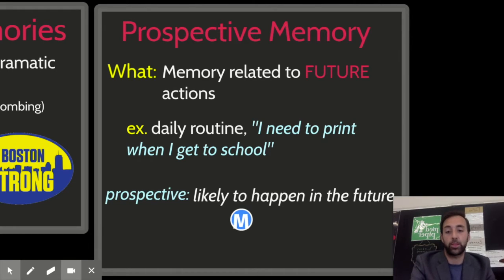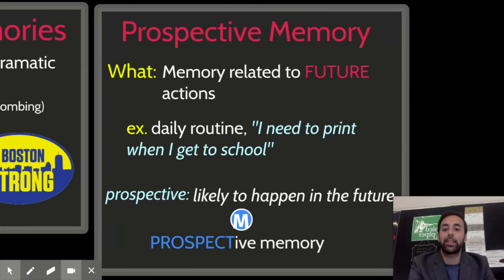If you're familiar with sports, a lot of the time younger players are called prospects because they're young and you don't know if they're going to develop into a superstar, but it's possible, so they're considered prospects at that time. If you identify and isolate the word prospect, you can use that as a mnemonic because we're talking about prospective memory. Memory, again, for things in the future.